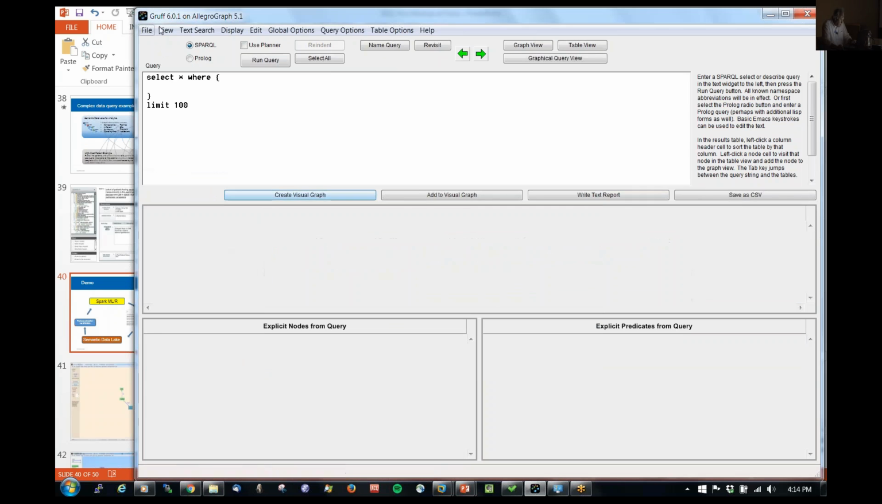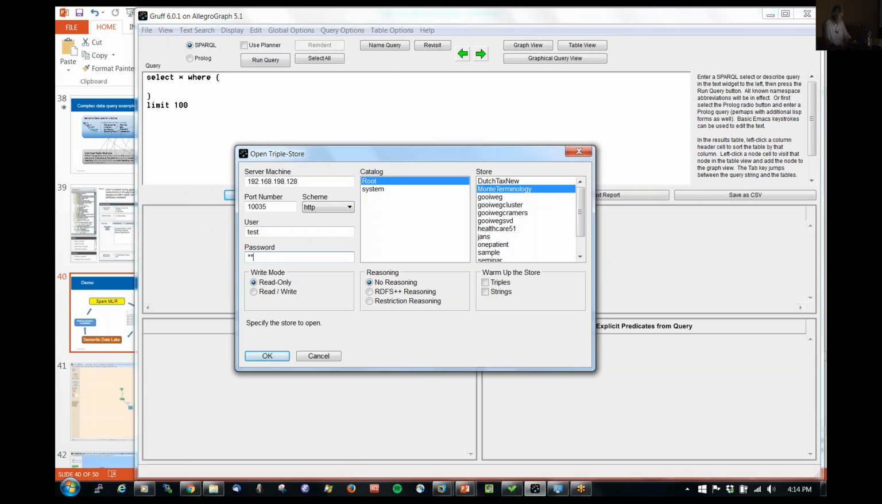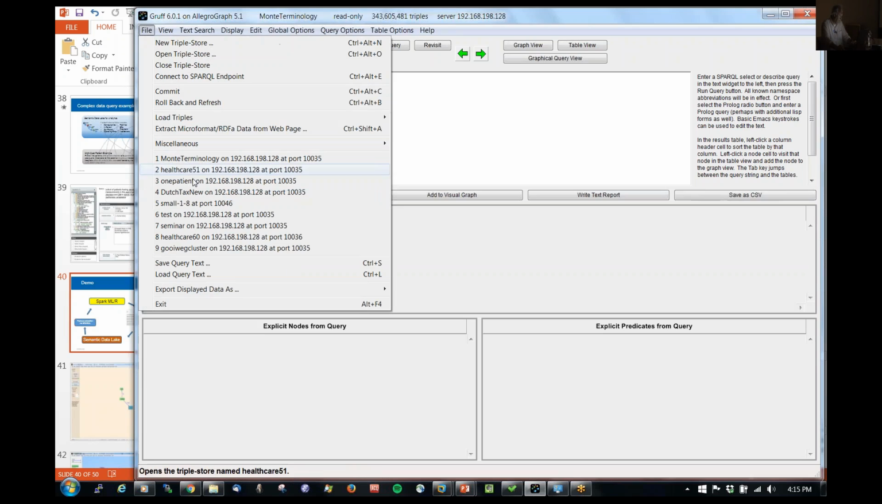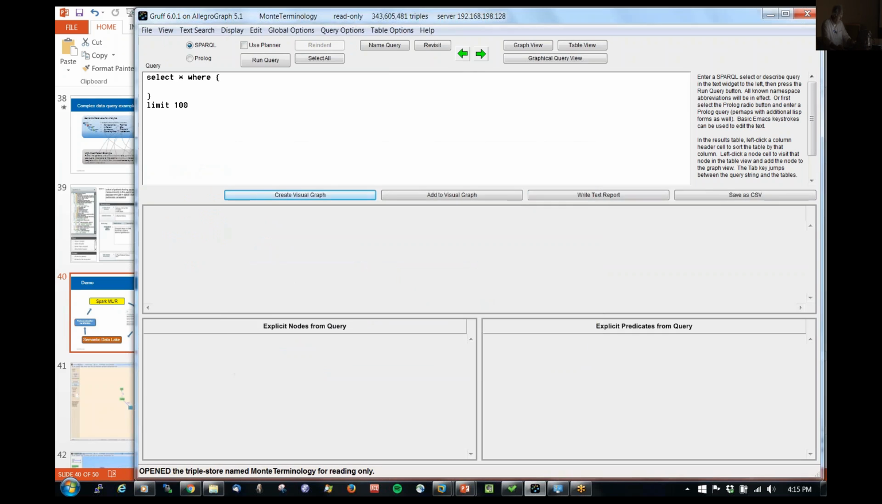It's not there. Oh, wrong password. And I should have warmed it up, but okay. Let me do it one more time. Okay, so